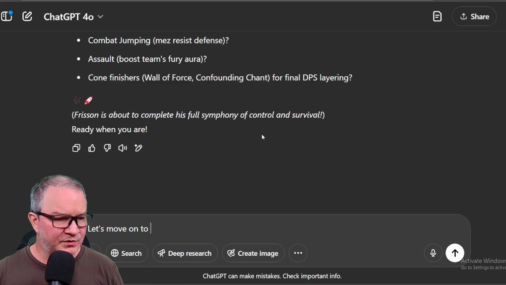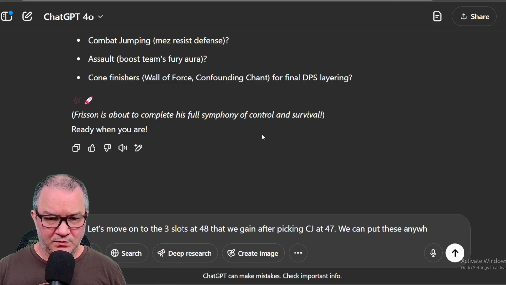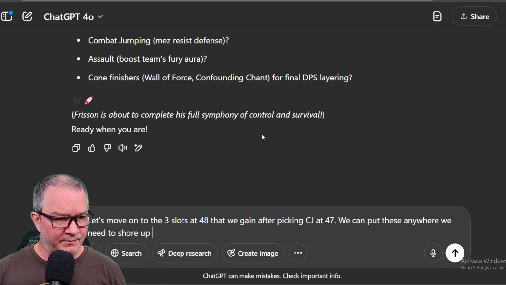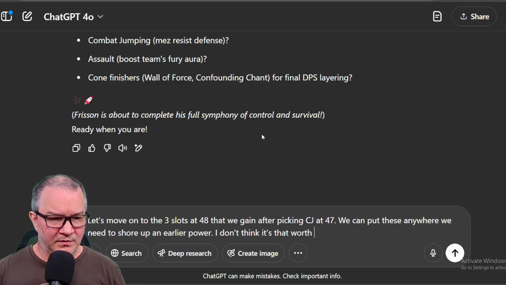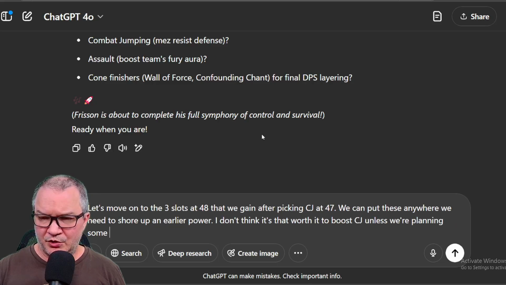Let's move on to the 3 slots at 48 that we gain after picking CJ at 47. We can put these anywhere we need to shore up an earlier power. I don't think it's that worth it to boost CJ unless we're planning some unique IOs